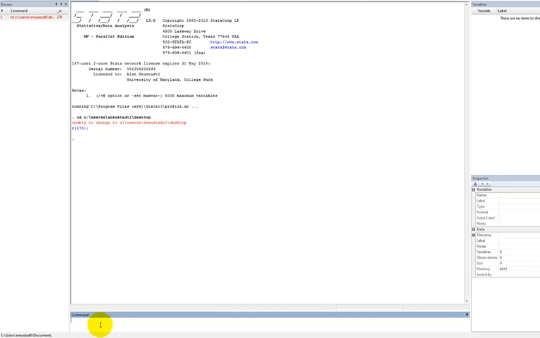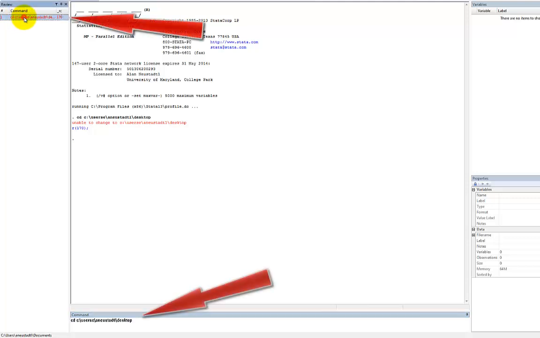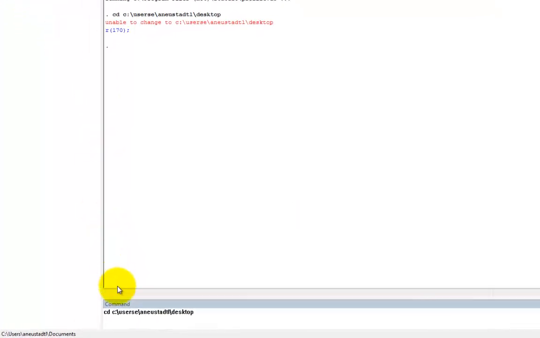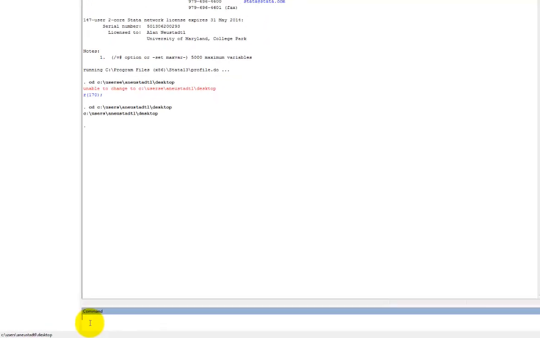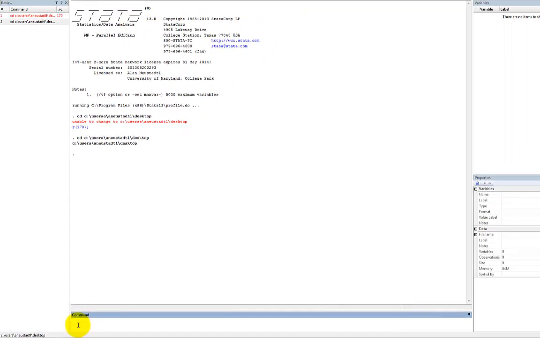I want to reissue this command and then edit it. I can see I've made a mistake in my directory. So I'll come up here to the review window, and I'm going to single click on the bad command, and that replays it into my command window. And now I can come down and edit out that extra E and use the enter key. Now when I look in the